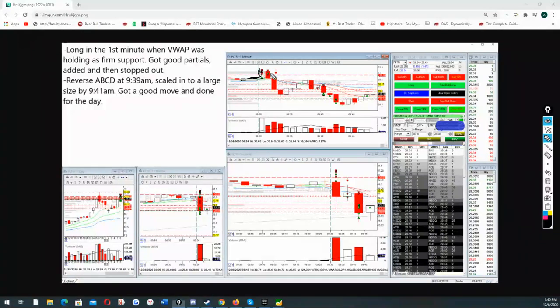Now, let's see what you did there. I can't see. Okay, this is the 1 minute chart. Perfect. Now, let's see what you did right there. This is a reverse ABCD pattern, which is good. After the breakdown, you are making a reverse ABCD pattern on a retest, taking it to the short side, adding